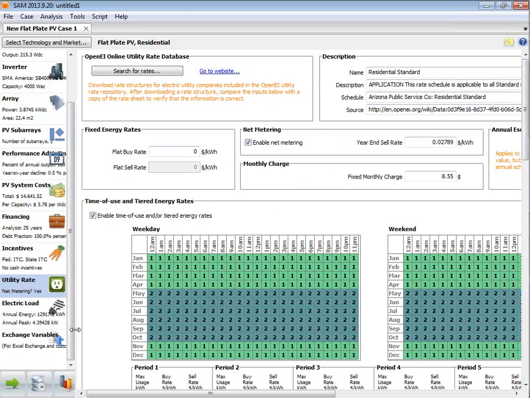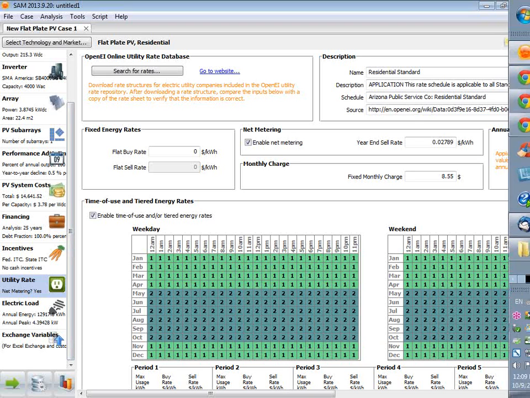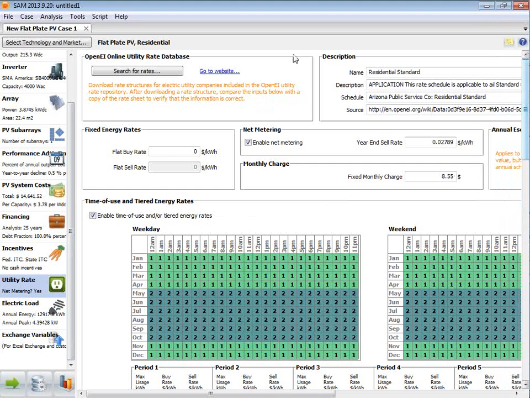So in previous versions of SAM, the way net metering was handled, it basically just assumed that all of the power generated by the system was sold to the grid, which doesn't reflect how net metering agreements tend to work. Now SAM does monthly net metering and rolls over credits to the next month, which I'll show you in a moment. So this new layout on the utility rate page